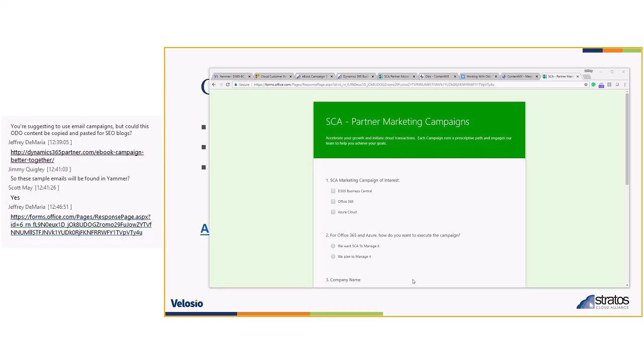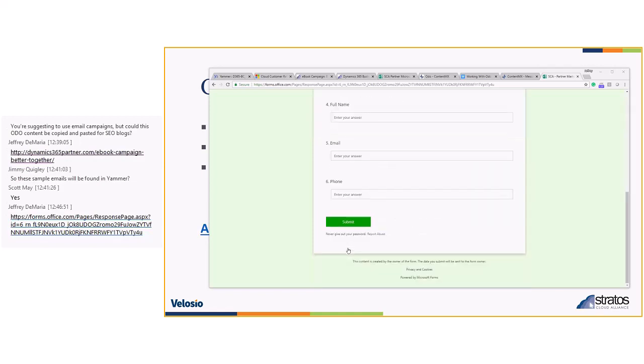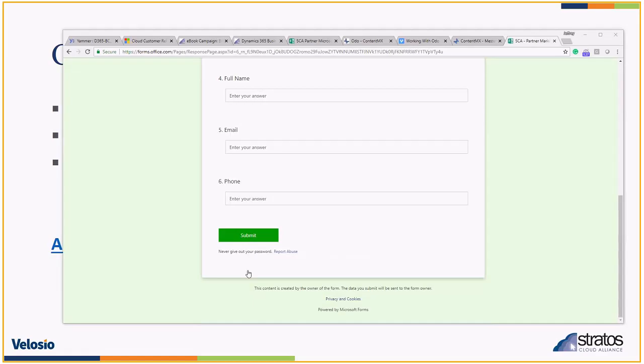If you want us to manage the Odo campaigns, we're going to get started. It's going to happen. If you plan to manage it, let us know. We want to execute with you. This next half of this year is going to be great, and we want you guys on board.